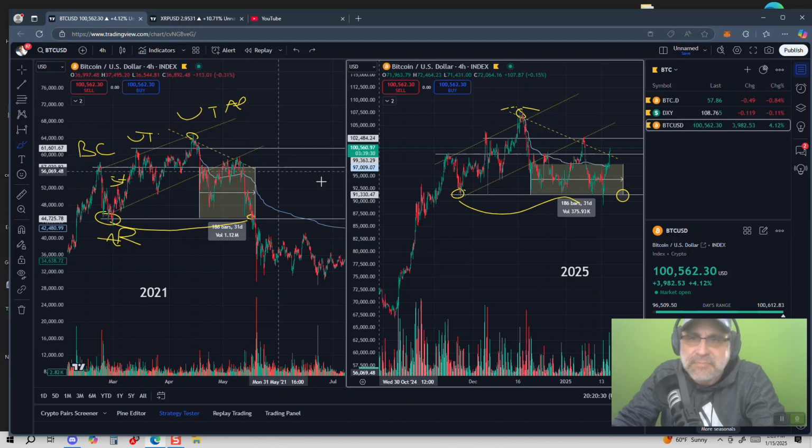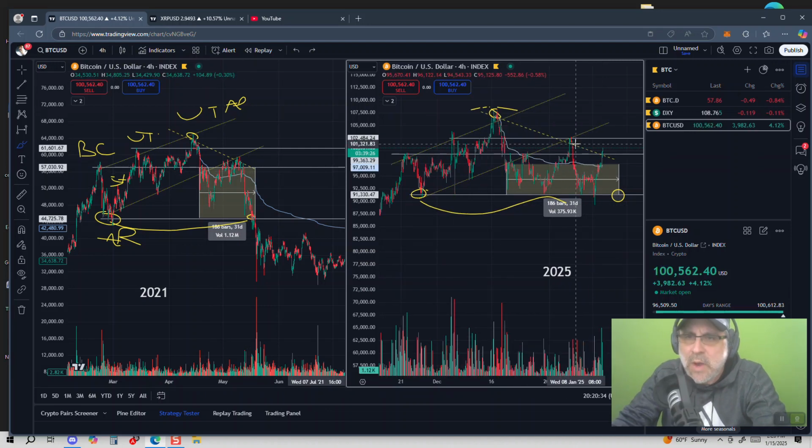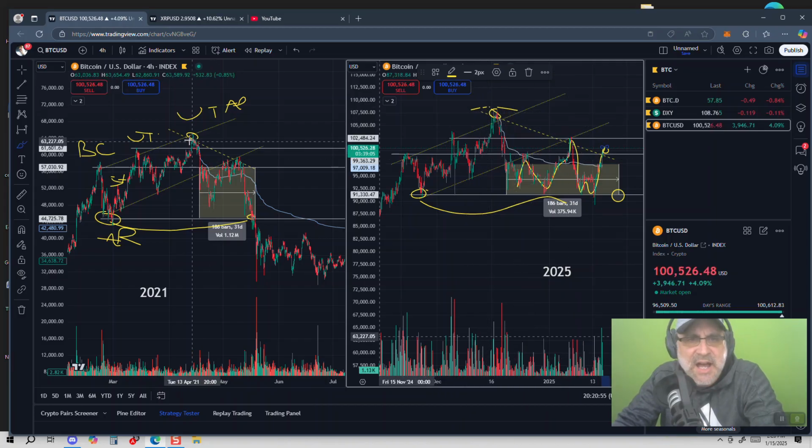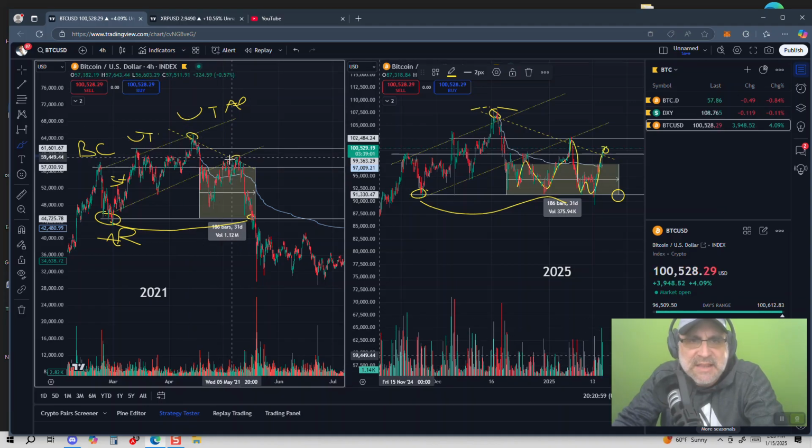So what do we have here? We have a series of waves playing out that are expanding. You see how the waves are growing, these Elliott waves, see this impulse wave up, and then we have this retracement. And now we just had another up, and this is where we currently sit. We're still underneath the macro trend support line, and we've kind of come through this dotted line, which connected the tops of the UTAD, and then this was that last